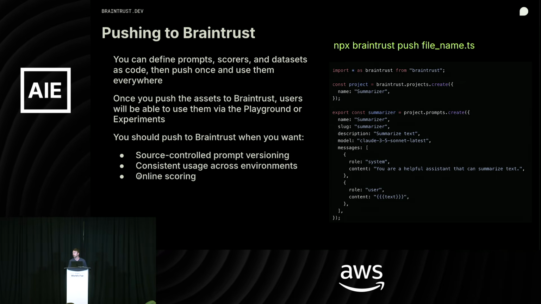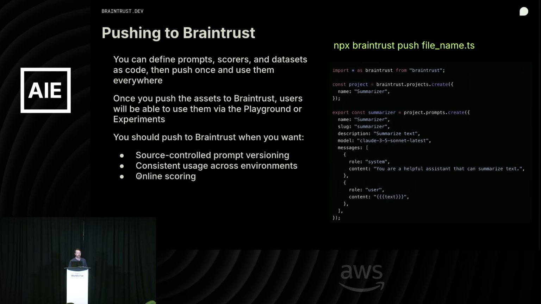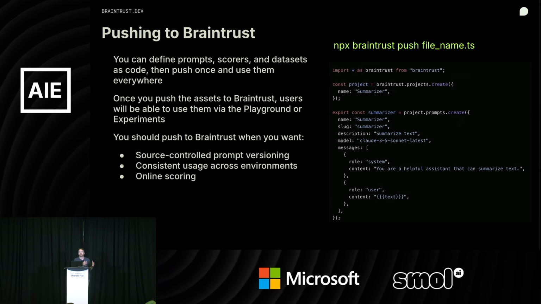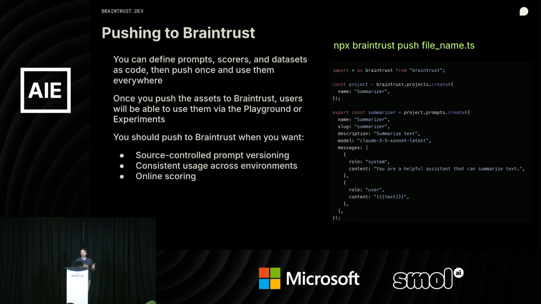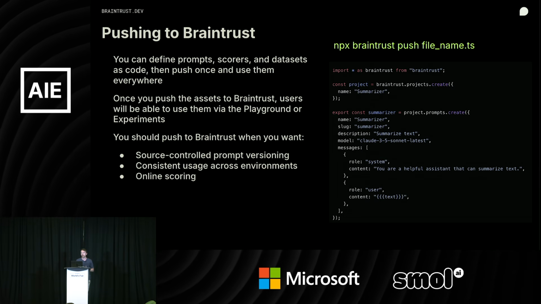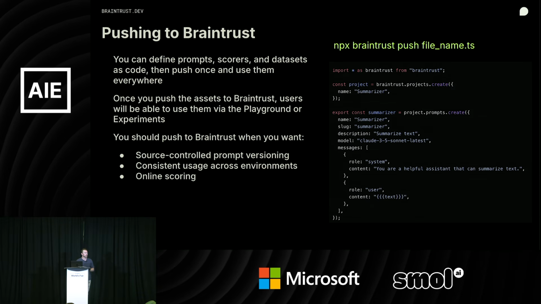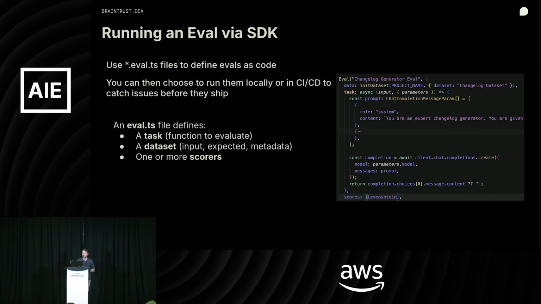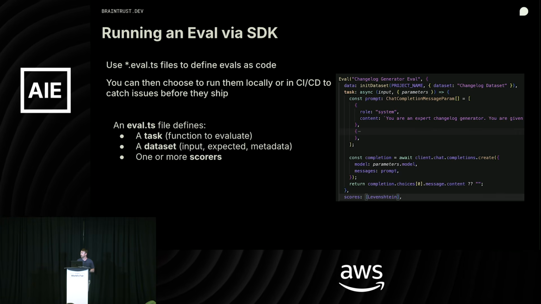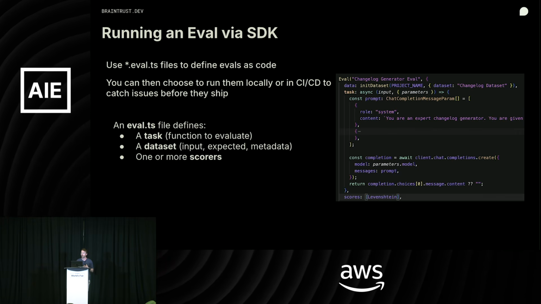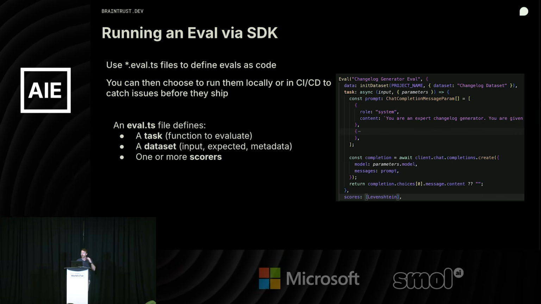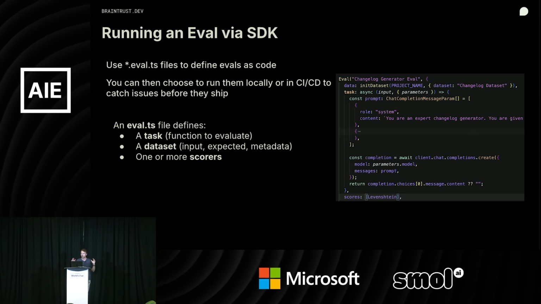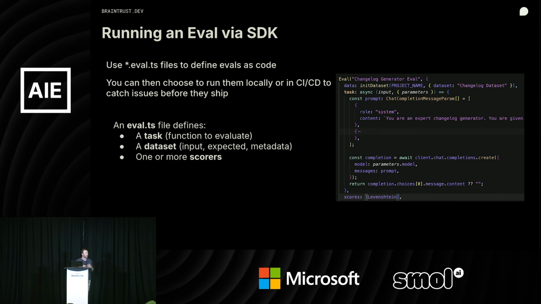I have a section in a little bit diving a little deeper into that. But if you want to use those scores that we define in the data set, we should push them into Braintrust so that we can create online scores. We can understand how our application is performing in production relative to those scores that we're using within our offline evals. What I just showed you is maybe another variation of that eval within our code: defining that data set, that task, those scores, becomes very, very easy to now connect these two things. It's just up to you to decide where you want to do this.